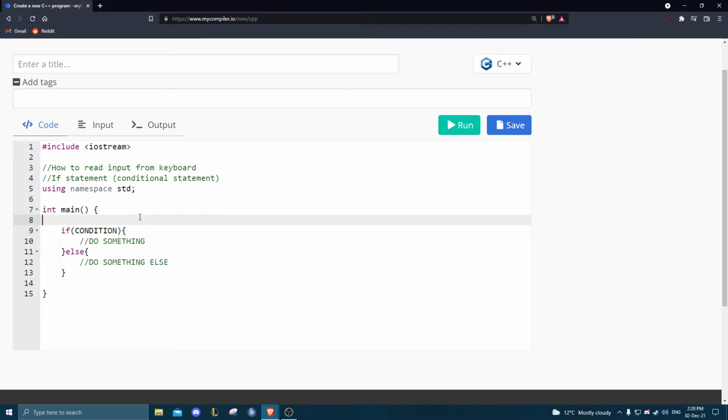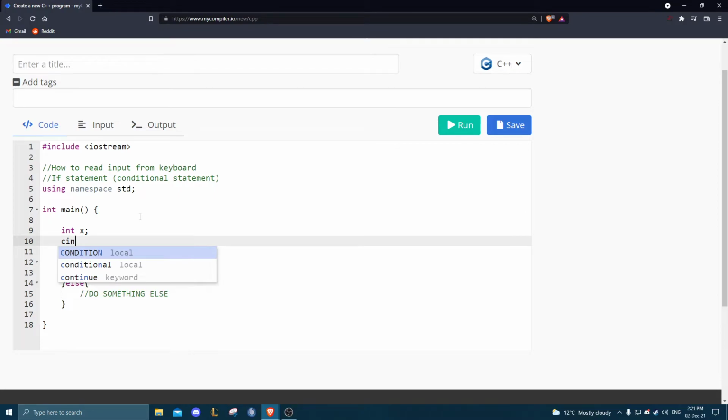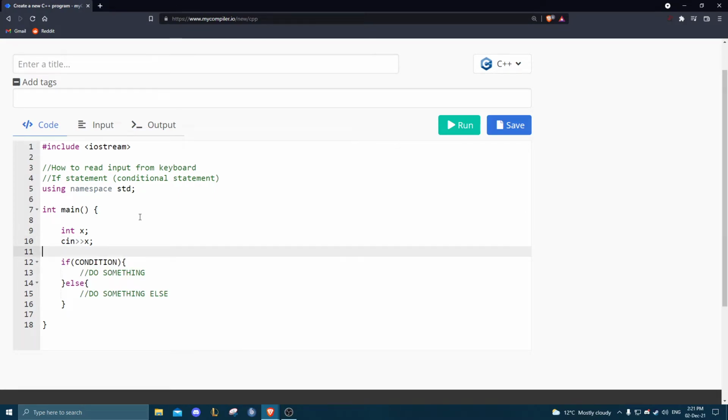For example, let's say we have an int x. We read an x, cin x, and if. Now you have to remember the operators. x is greater than 10, then let's say we output greater than 10. Else we output